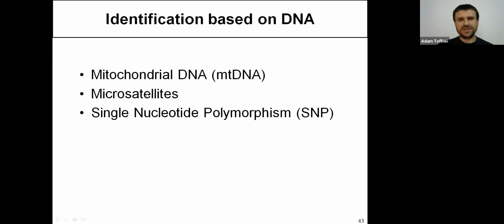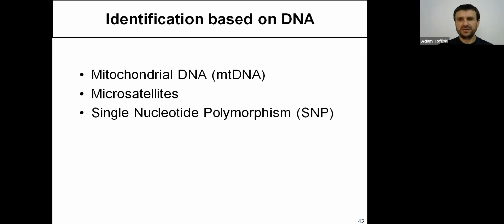Microsatellites are much better. They can be used to detect hybrids. But in this case, usually it's better if you have a reference for all subspecies which you want to discriminate, and it's much more difficult to compare results between studies. And recently there is single nucleotide polymorphism, SNP, and this is a very good method, but expensive, and also you need very good quality DNA. So there are still some problems with those molecular methods, and the most important, that beekeepers will not be able to use them,